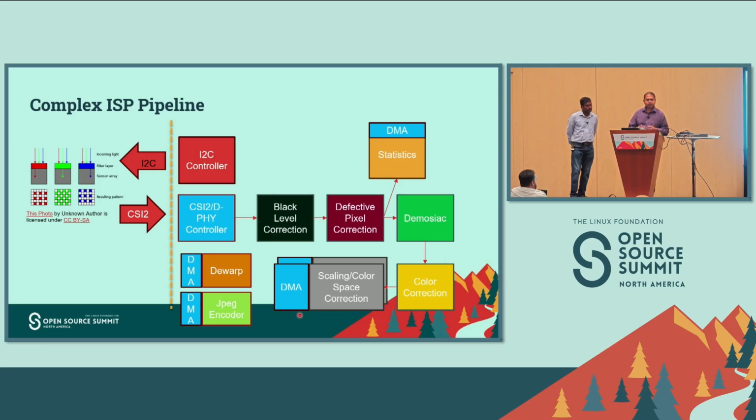After this, there are other processing blocks that may follow, which are not necessarily inline like shown here, but might be memory to memory in nature. Two examples shown here are, one, a dewarp. The dewarp is a block that will remove the warping effects that lenses introduce on cameras. All cameras have lenses, and due to the nature of the lenses, everything captured is warped. So straight lines will look warped. The function of the dewarp block is to straighten that and remove those imperfections and produce an image in which a straight line, like a